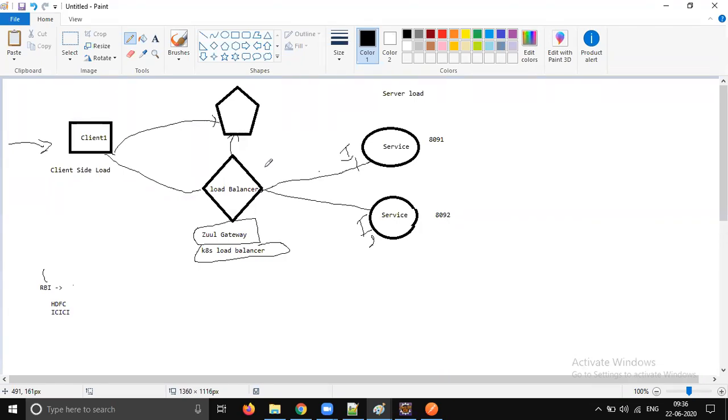What is the difference between a hardware load balancer and the Zuul Gateway and Kubernetes load balancer? These are software load balancers, and they can automatically understand when any new server is spun up, so they will automatically put it into the traffic. And if any server is taken out, they will automatically remove it from the traffic. That is how your load balancer should work. No manual intervention is required to spin up a new instance or remove an instance from the traffic. Such an awesome feature, right? So we will see that now.